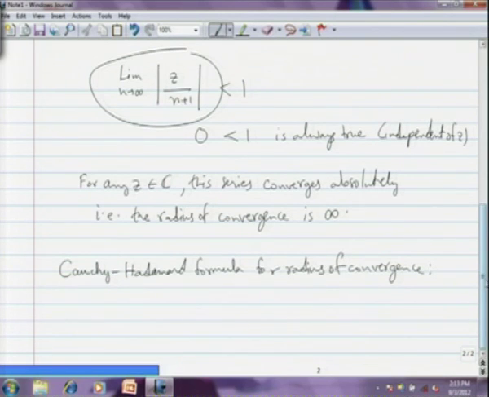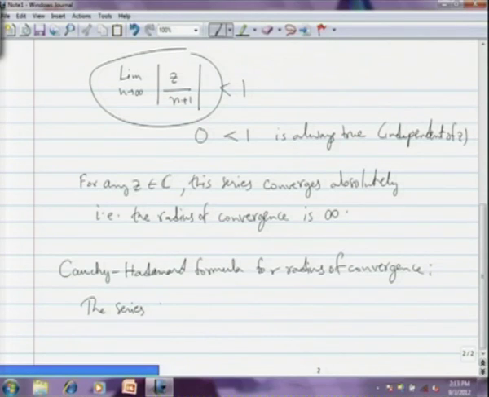Okay, so, by slight modification of the proof of Cauchy's root test to determine convergence of series, we can actually give a proof for the Cauchy-Hadamard formula for radius of convergence. Okay. So, what it says is that the series sigma a n z power n has radius of convergence R,